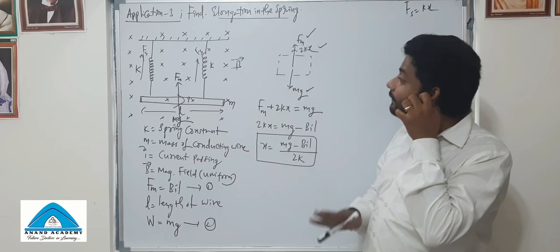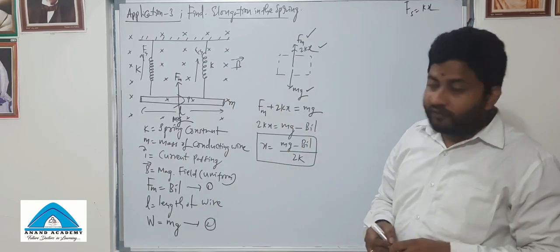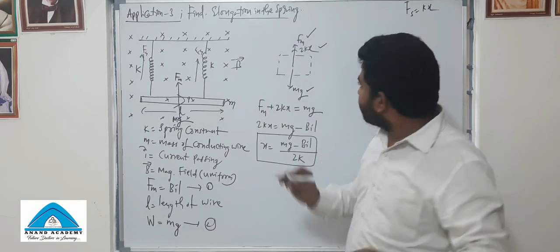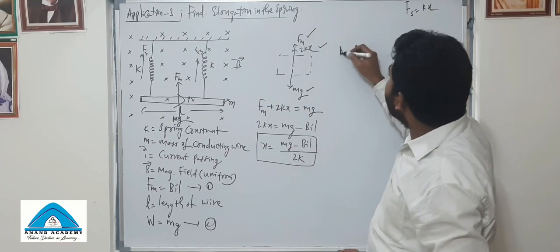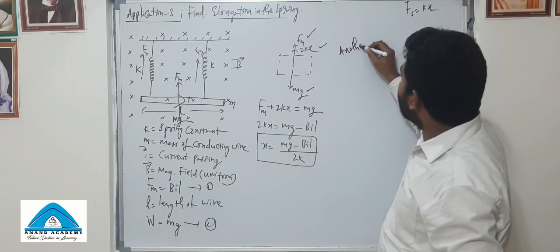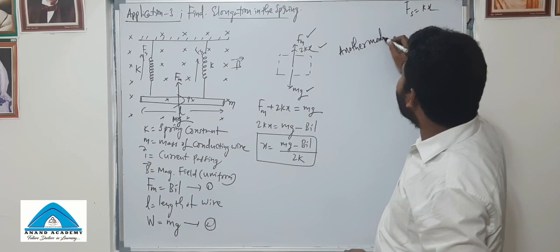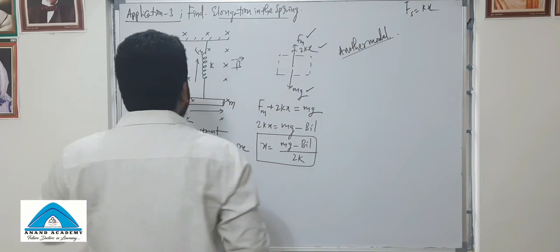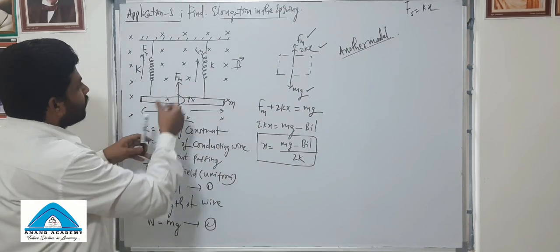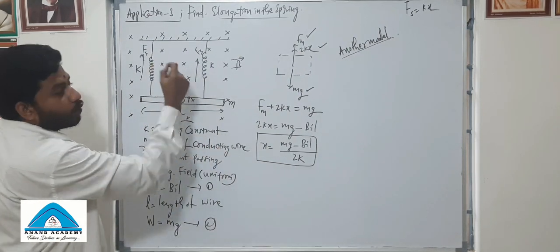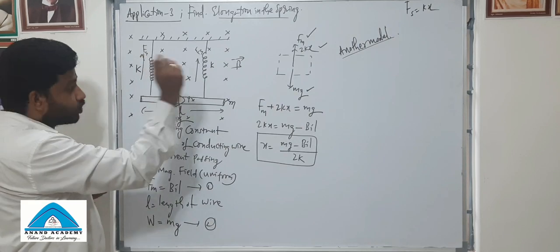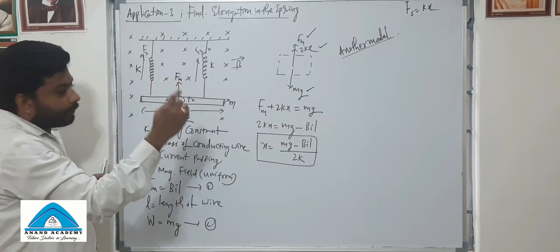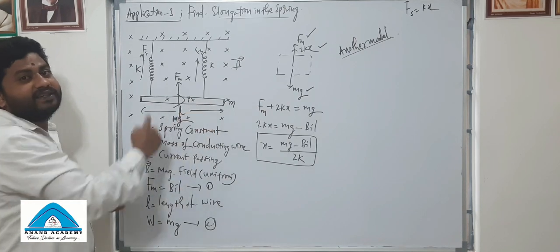Let us understand the same scenario here, where the magnetic field lines are out of the plane. Okay, so let's see the same case, another model. The same case, another model, of how the question can be asked. Here, imagine the magnetic field lines are out of the plane, and the current carrying conductor is placed in this way.